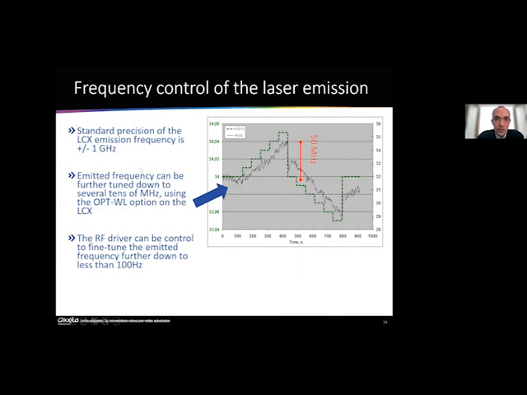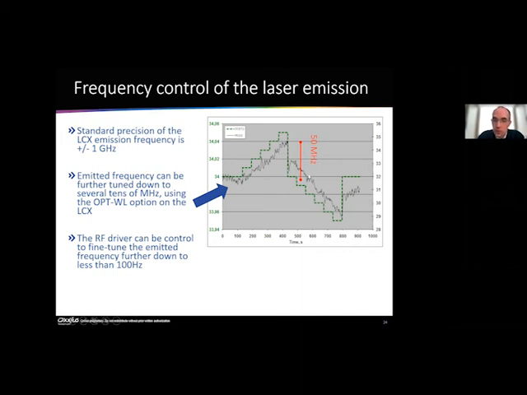Then Oxxius is able to provide an option by which the user will be able to tune the emission frequency further down than this. You see the dotted line in green is the user's set point, and the black line is the response,